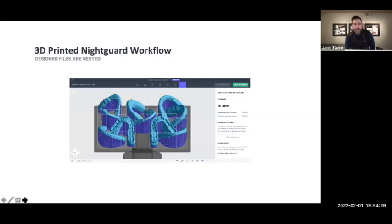Once you get it designed, you're going to nest them. So there's the CAD, the design, and there's the CAM, that's the actual manufacturing side of things. This is the software that's going to slice those Nightguards up into lots of different layers so that the printer can calculate how to print them. You can see the purple area there that looks kind of like a mesh is some support structure that is put on those Nightguards to make sure that they print out